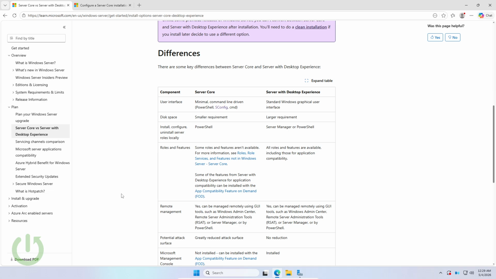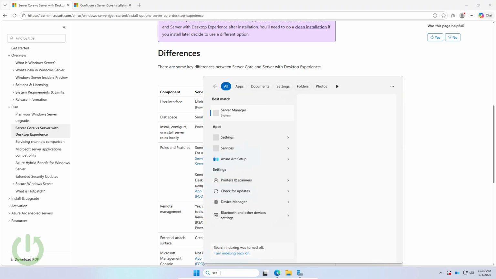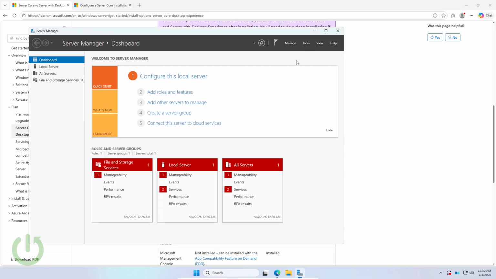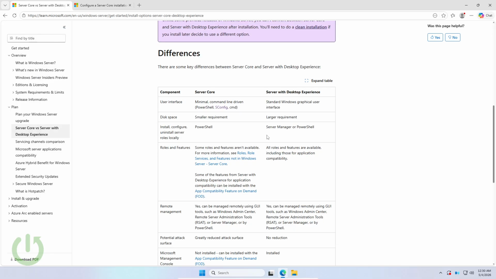So in terms of disk space, of course, Server Core has a smaller requirement and desktop experience has a larger one. In order to configure and install servers locally on Windows Server Core, you need to use PowerShell. Here you have to use either PowerShell, because of course we have PowerShell in this version, or Server Manager, which is a special tool that does not exist, for example, on Windows 11. Here I have some errors because it is not configured properly, but you can use it. And now, in terms of roles and features,